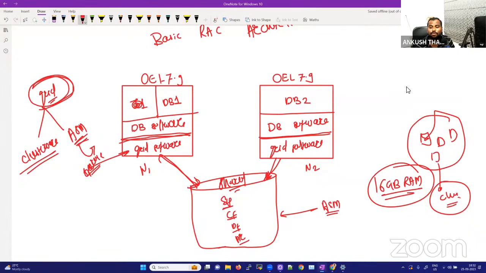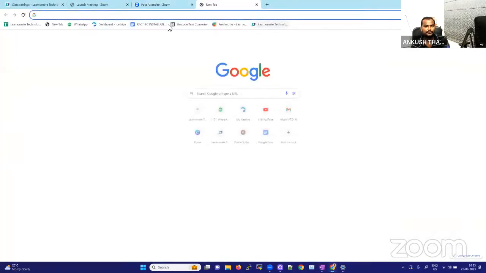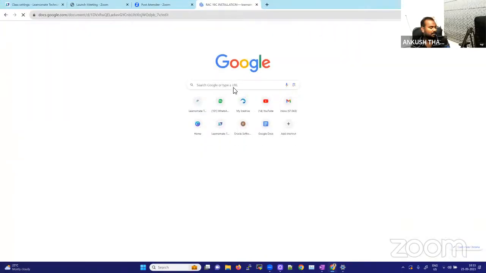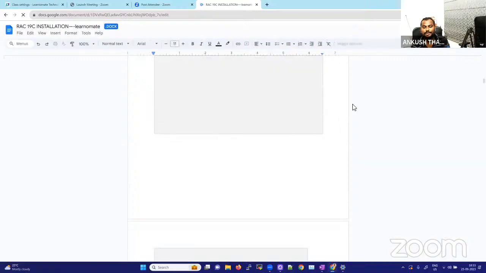Those people who have a personal laptop with 16 GB RAM can install it on the personal laptop. So I'm going to show you how to install the Oracle RAC environment step by step. We are going to see this step by step, slowly. We already have a document ready on how to install it. I'll show you the document also. We have a complete Oracle RAC environment document available, which shows how to install Oracle RAC